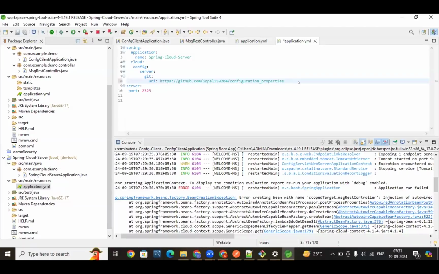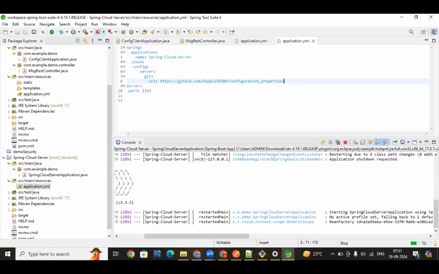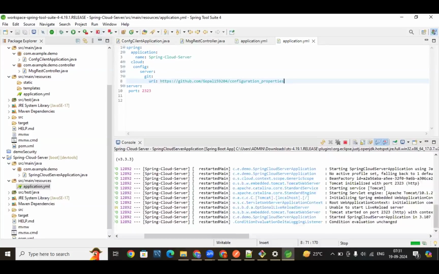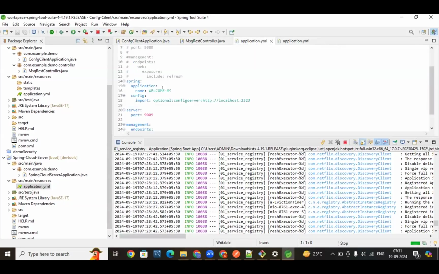Yeah, now restart the config server. Their application name is also different compared to the GitHub YML. Yeah, the client YML name. Can you show that once? Yeah, it is welcome-ms.